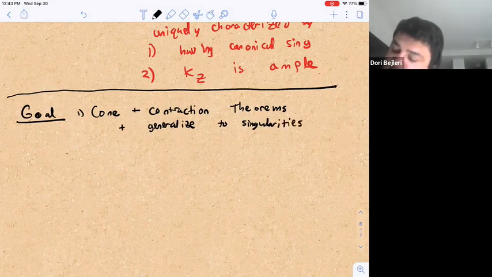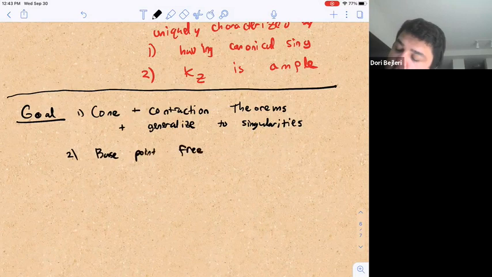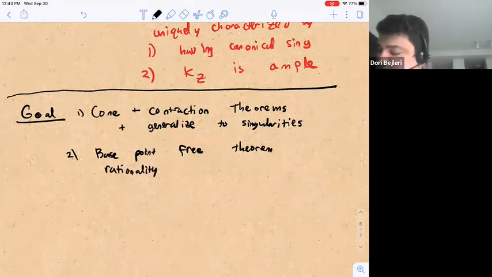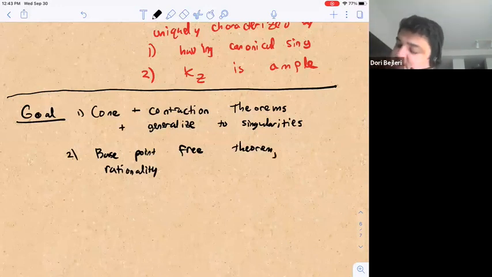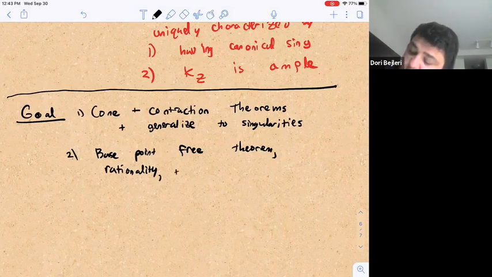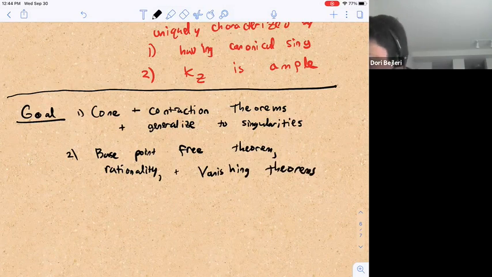And so that'll necessitate proving the base point free theorem and the rationality theorem. So we'll review all of this, but I just wanted to give some kind of heads up. And to prove these theorems, we'll need some vanishing theorems. So we'll spend some time proving vanishing theorems, both in the smooth and the singular case, the Kodaira vanishing theorem and Kawamata-Viehweg theorems,